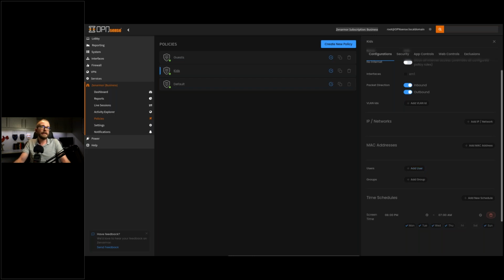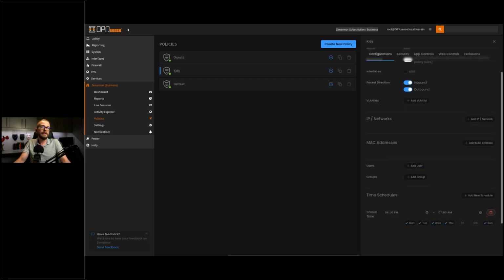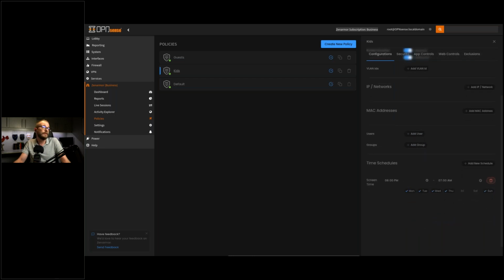And then finally, one that would be beneficial for perhaps a kids policy would be a time scheduler. So you can set up your times and your schedules when this policy will come into effect through certain hours. Perhaps you're using this in a business environment. Maybe you want to allow more relaxed internet traffic during lunch hours, or perhaps after hours when you don't want to hinder your productivity.